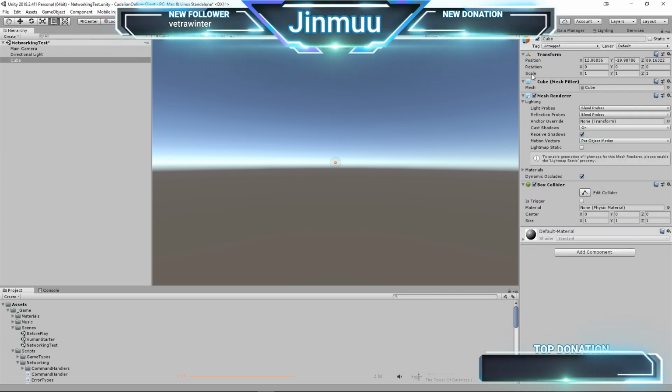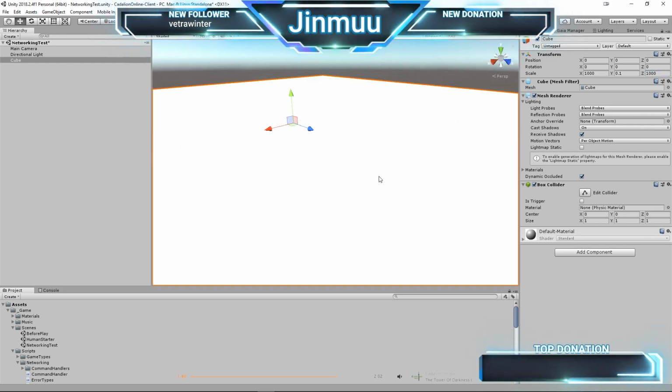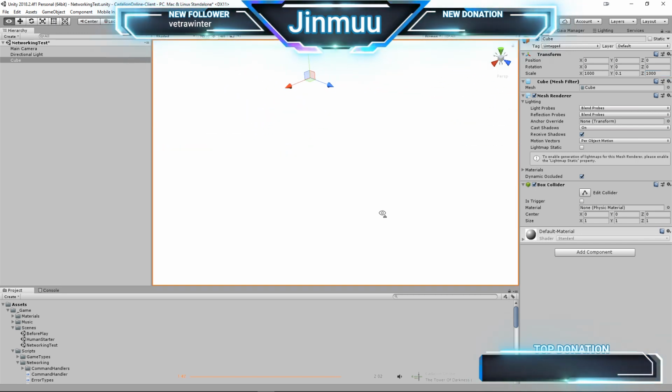So we're going to start out with a cube. We're going to make sure this cube is at the exact center of the world. And then we're going to set the Y to 0.1. And we're going to set this to 1,000. So we have this big plane of existence now,